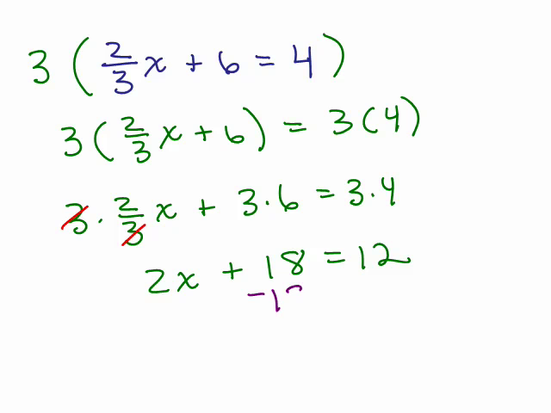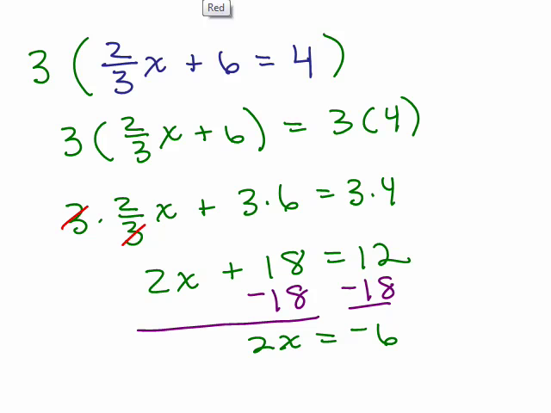So I'm going to subtract 18 from both sides so that I have just the variable on one side of the equation, the 2x. And I've got 12 minus 18. Remember, you're adding a positive and a negative here. The negatives outweigh the positives. So that's a negative 6. And then you'll divide both sides by 2 to isolate the x. And we will end up with x equals negative 3,